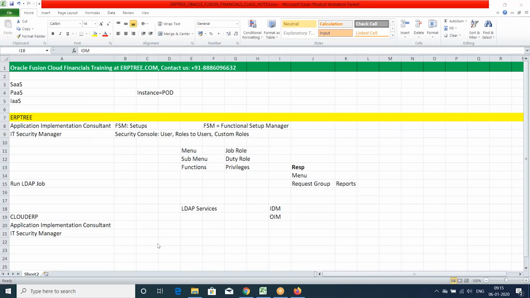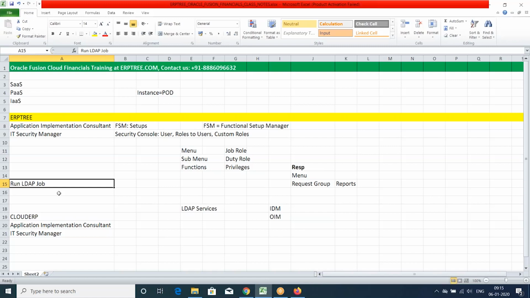Okay, so let's say I create a user for an AE role. I would still have to run that job. Exactly. That's what Oracle is recommending. On the other side, you may just create one or multiple users and you may assign one or multiple roles to those users. Oracle is recommending to run this LDAP job. That is one suggestion from Oracle. On the other side, Oracle also will perform this synchronization automatically.